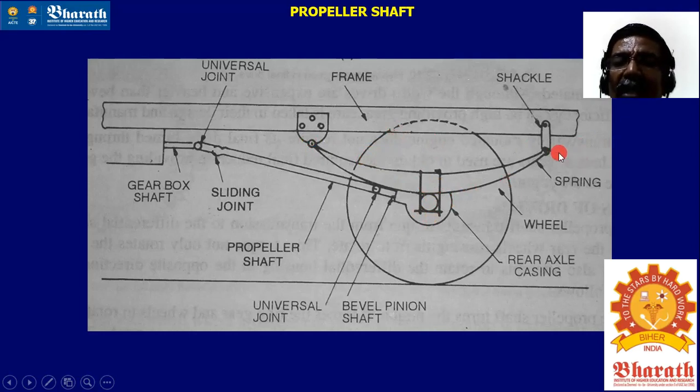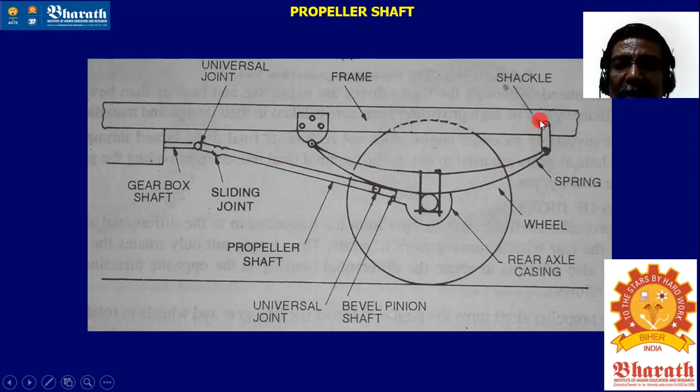To give the allowance for that, we provide the shackle. The shackle will be swinging this way and that way. That will allow the leaf spring either to flatten or to curve more. Then the ride and the entire working of the whole setup will be perfect. Otherwise, that will create an unnecessary problem.